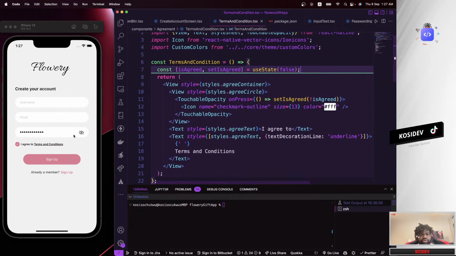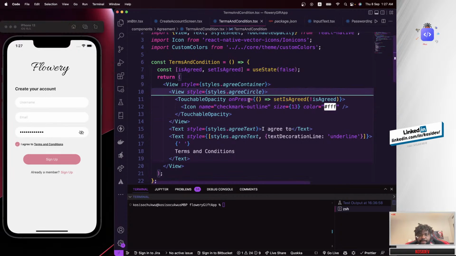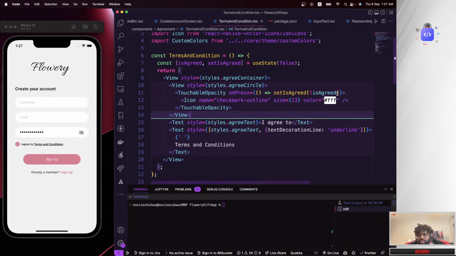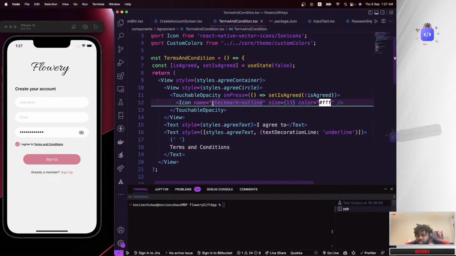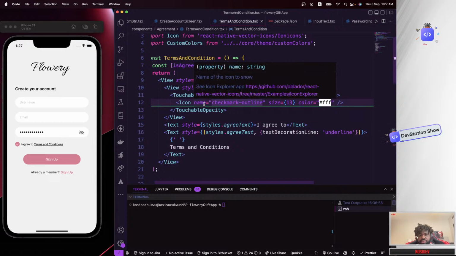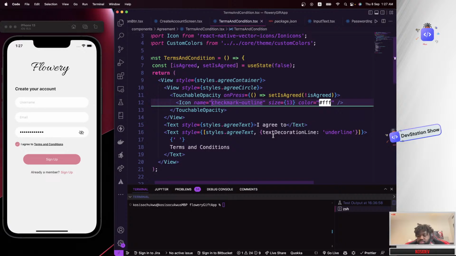So the next stuff, right now we can actually tap on this, we can actually see that. Let's see if we can actually use it this way and say